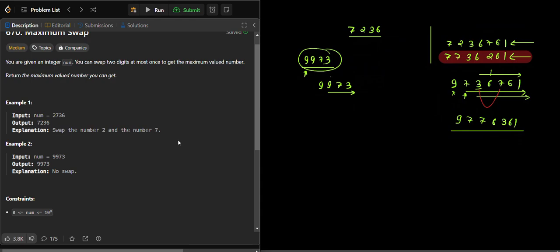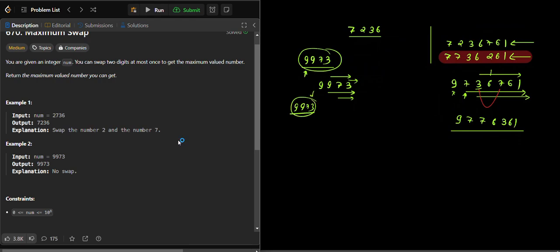We are checking for the second, index 1. Now at index 1, the same issue happened. At index 3, the same issue happened. There is no greater digit. Then for 7, and after that for 3, the same issue happened because there is no digit on the right hand side. That means, can we say that this is the maximum one, because no greater digit is possible?